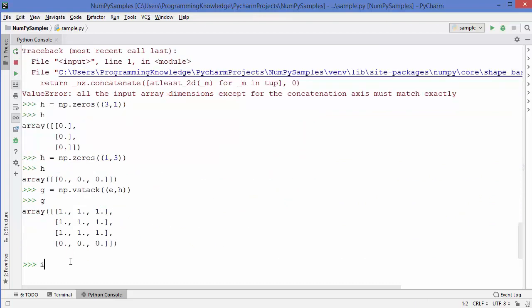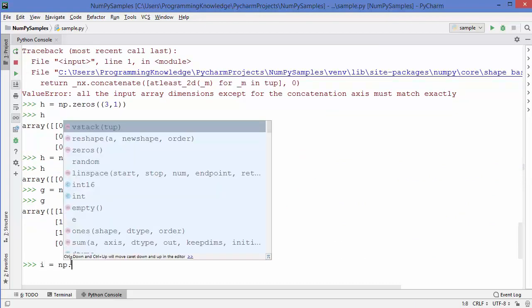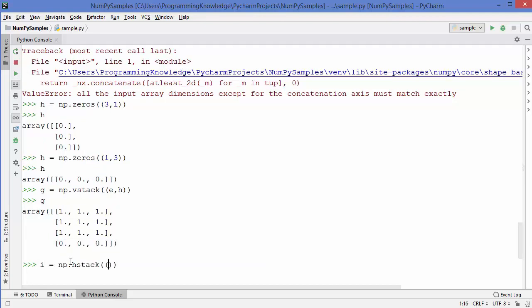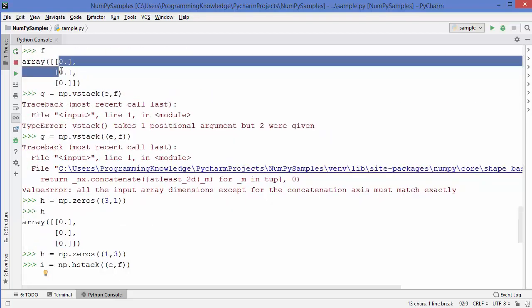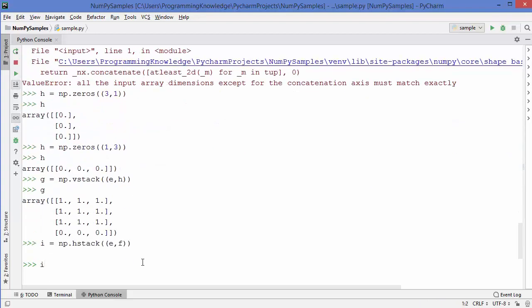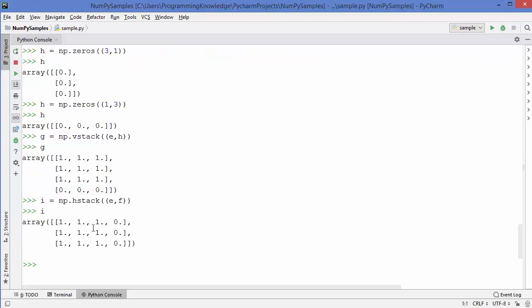So now I create one more variable I, and I will use the hstack method, and here I will provide as an argument the array E, which is of dimension 3 by 3, and the array F, which is of dimension 3 by 1, not 1 by 3, not like this. And then press enter and I will see the content of I,